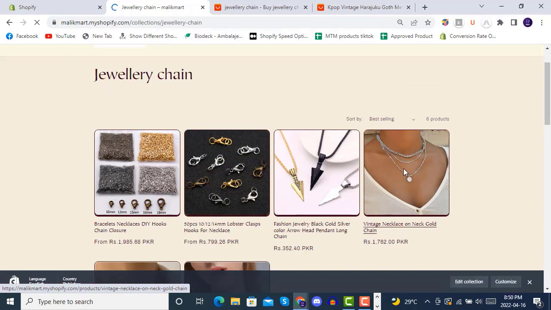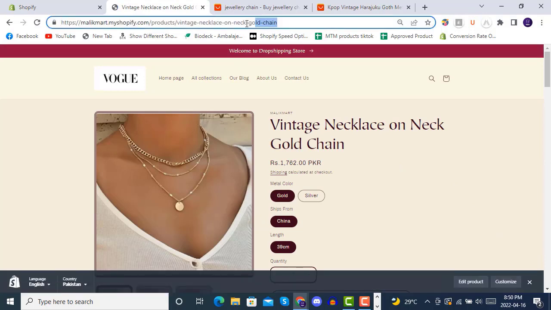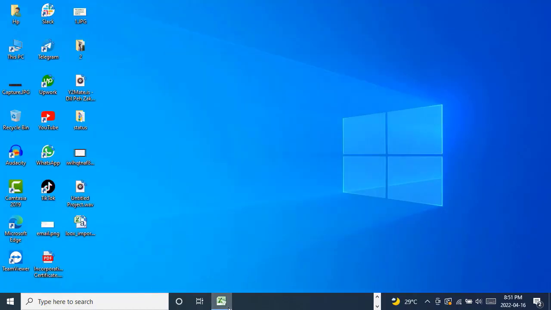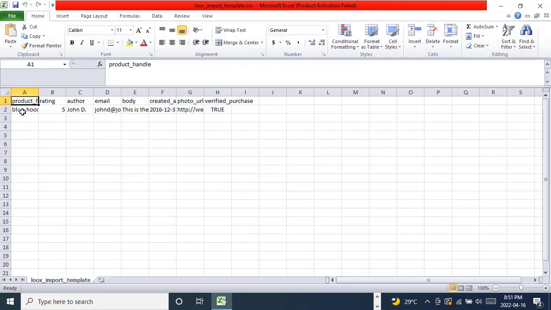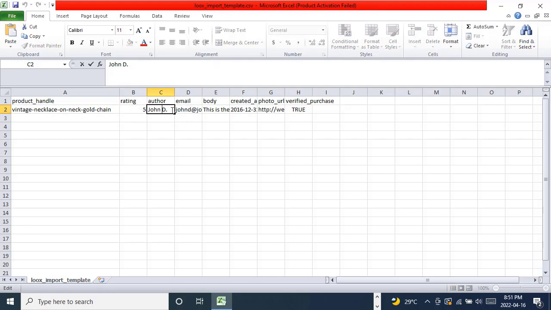Inside the product for which you want to show reviews, you just have to copy this last part of the URL. This is called a URL handle in Shopify. So just open the Looks template. Inside here, you will see these fields in the file. Inside the product handle, you can paste the handle we have copied for our product, and here you can see